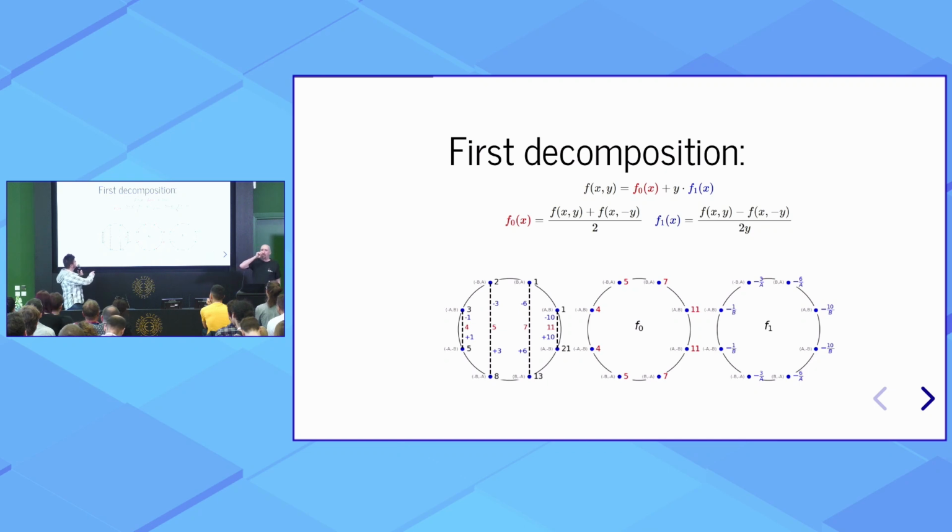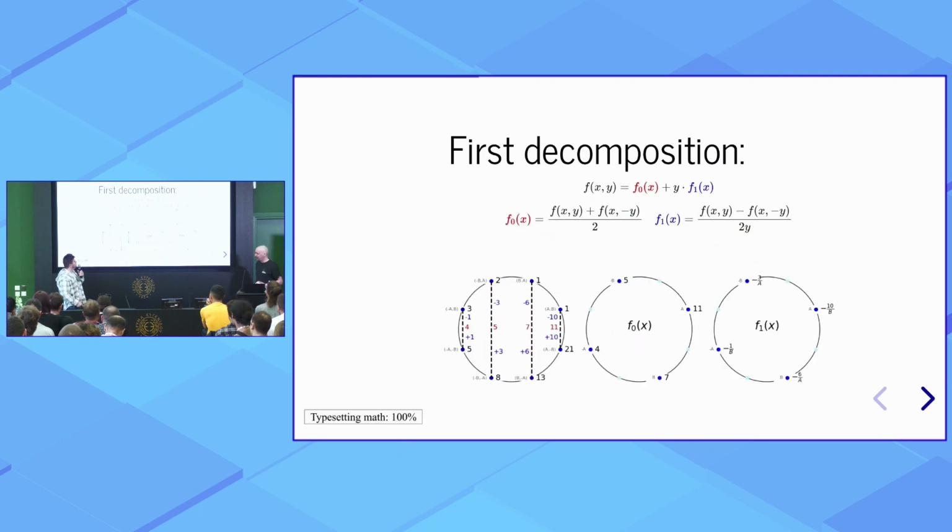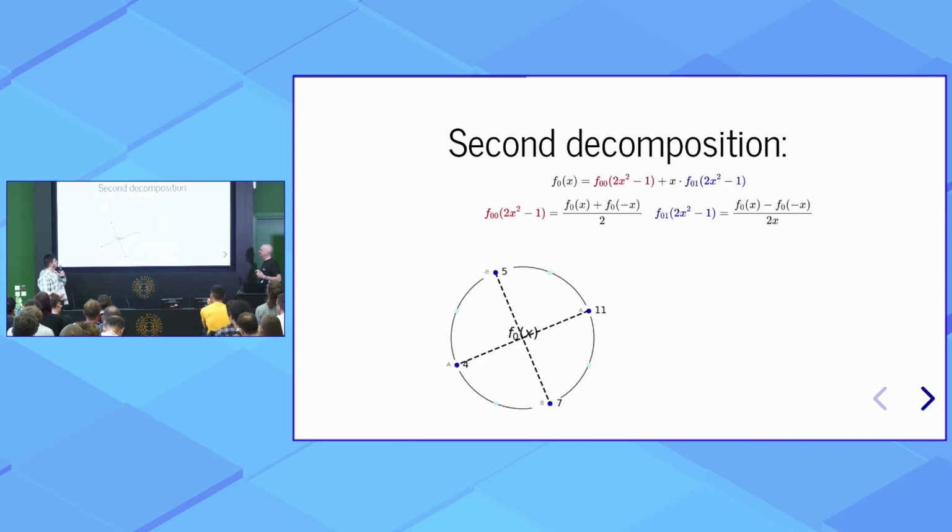Okay, so this is how we start the FFT with a decomposition to even and odd polynomials. And these polynomials are now just polynomials in a single variable, which is nice. We can continue from here on only in single variable. So we do another decomposition again. I'll just show F0, but F1 will go through the same decomposition. So in F0, we have a similar decomposition. This time we need to take a point and its antipodal point. As you can see above, we decompose